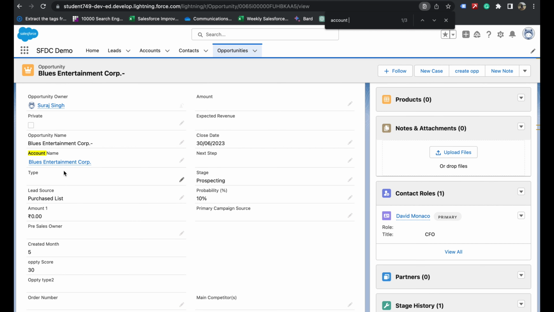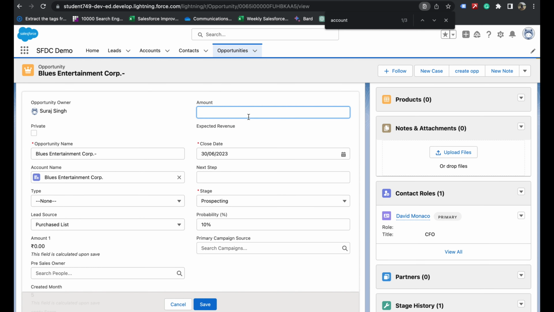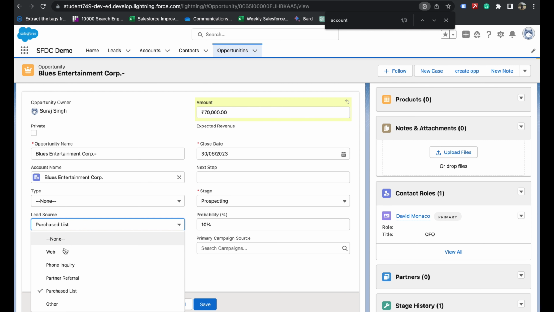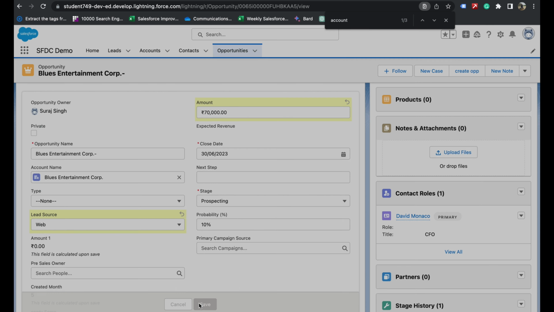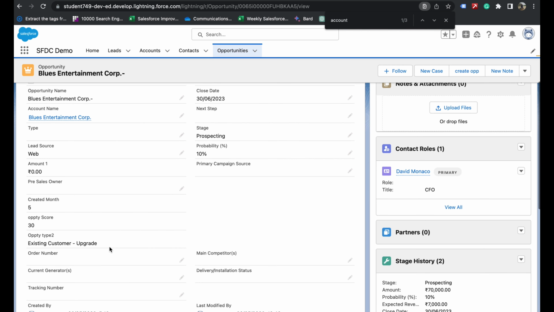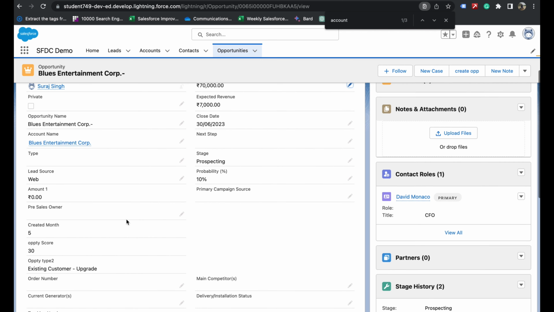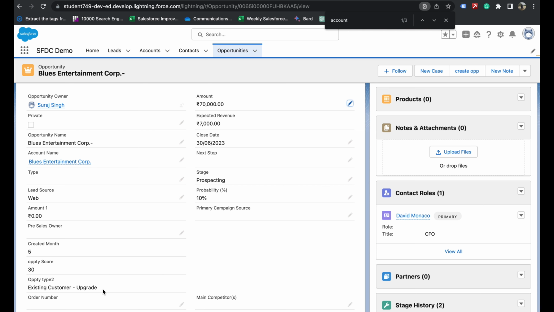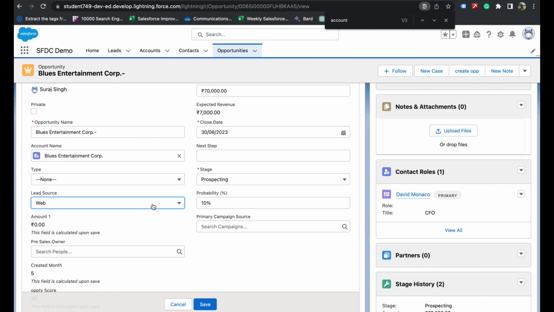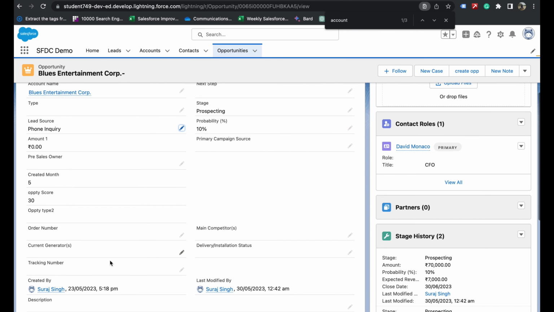Okay. And what was the condition? The condition was if the amount is greater than, let's add 70,000, and lead source is web, then the opportunity rating should be this. So when both the conditions are met, then the opportunity type should be this. Let's change either of the conditions. Let's change this to phone inquiry, and it's not working. Okay. So when both the conditions are met,